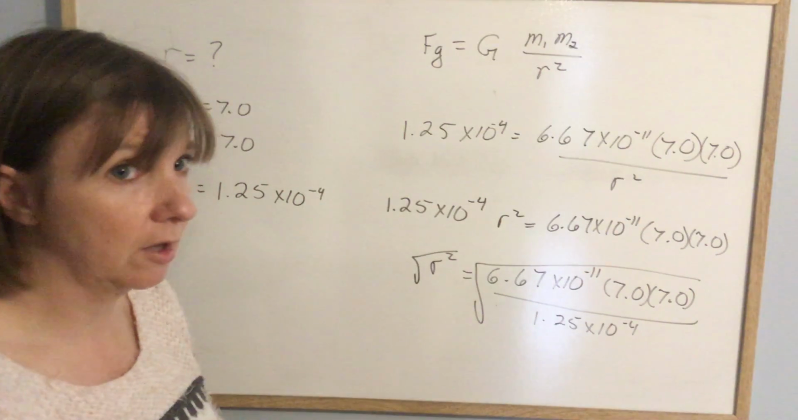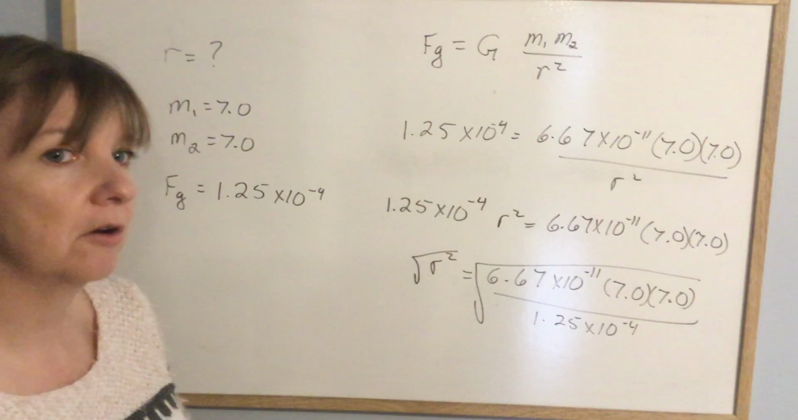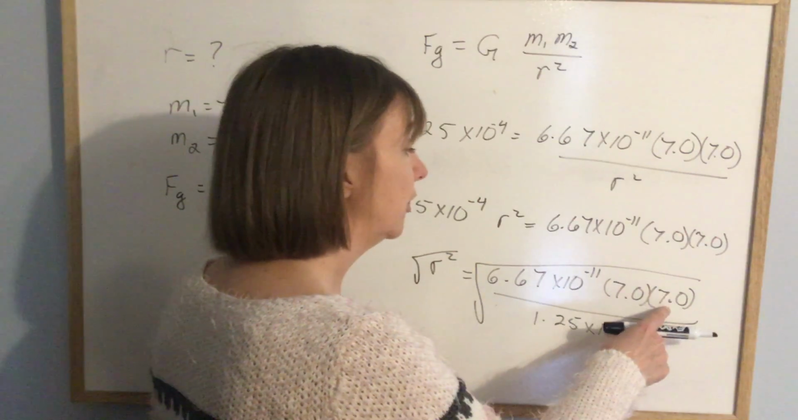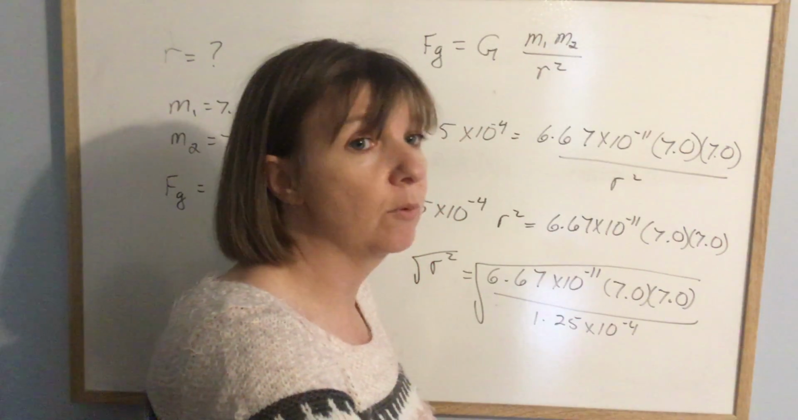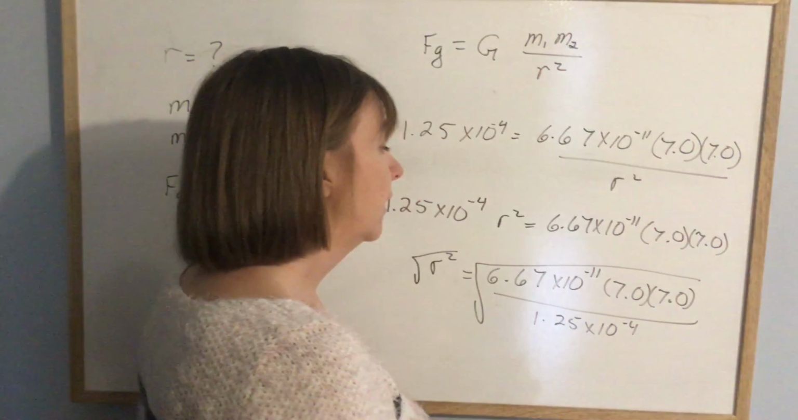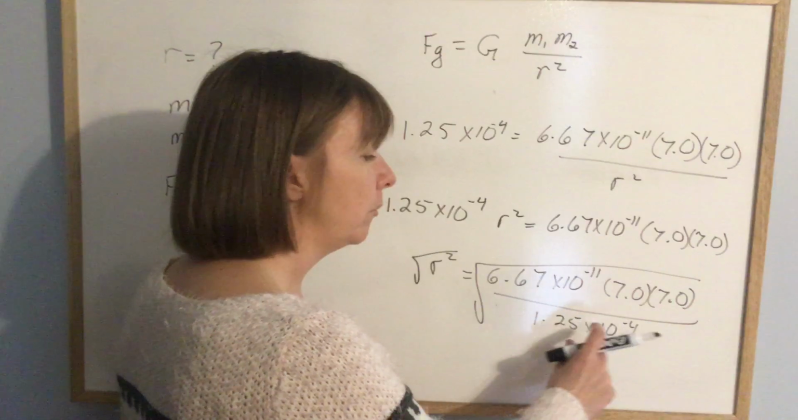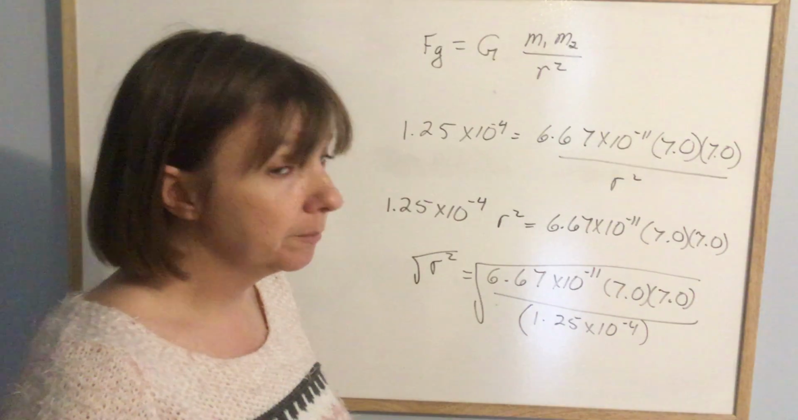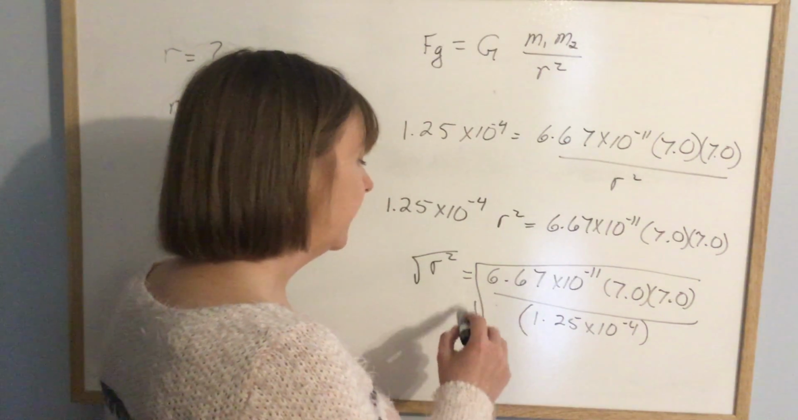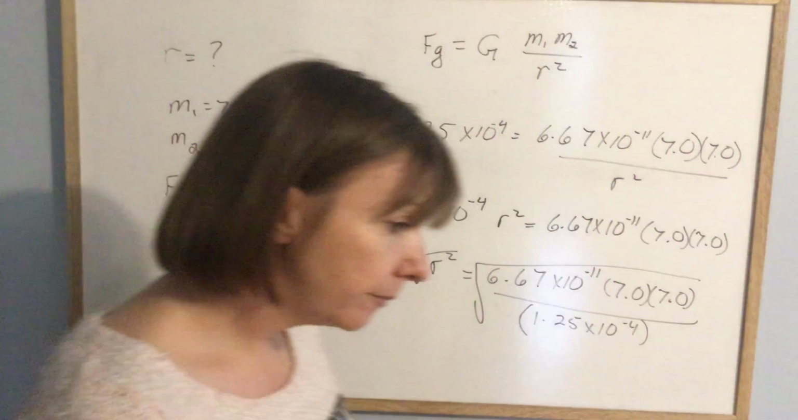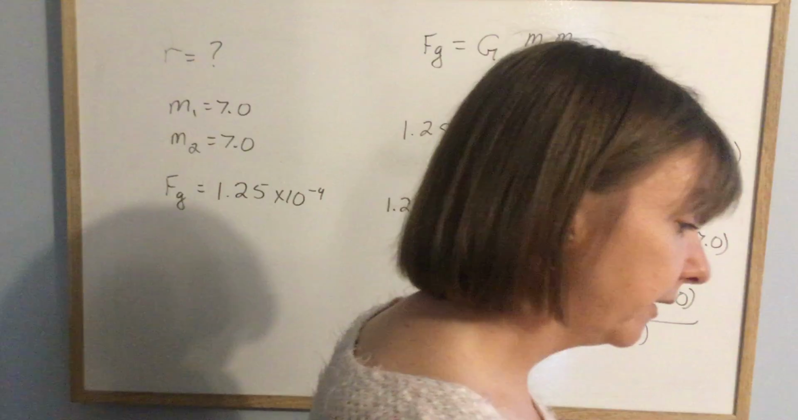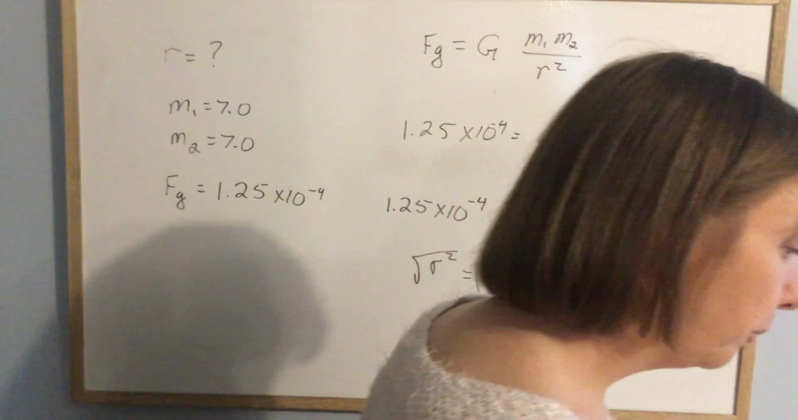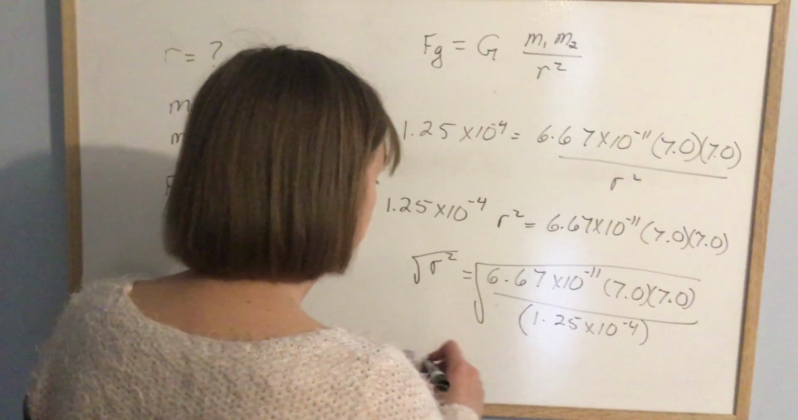Again, from here on, it's a calculator question, right? Can you put this in your calculator correctly? So I would do 6.67 times 10 to the negative 11th times 7 times 7. I would hit equals at that point. So I get, what is that whole top? Then I would put divided by 1.25 times 10 to the negative 4th, and I would actually put brackets around it. You may not need to, but I would, just to be sure. And then I would square root that whole answer. I got 5.1 times 10 to the negative 3rd meters,